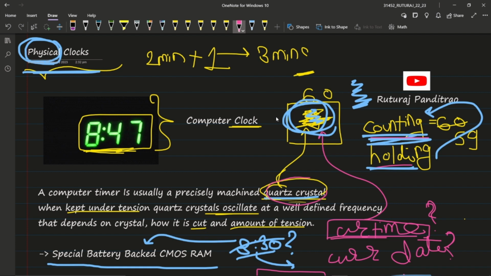Next, we saw clock. Clock is a device which is used to know the time. Now, how is that time calculated? It can be found out or calculated based on multiple factors and multiple ways. But हमने इसमें देखा physical clock. What is a physical clock? Physical clock में we use a quartz crystal जो कि oscillate करता है, और उसके oscillation के basis पे we have the value of time. उसमें दो resistors यूज होते हैं, which is the counting resistor and the holding resistor, और उनको यूज करके we can find the value of time.